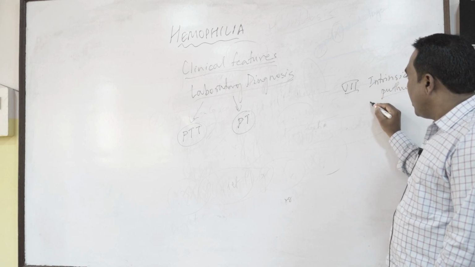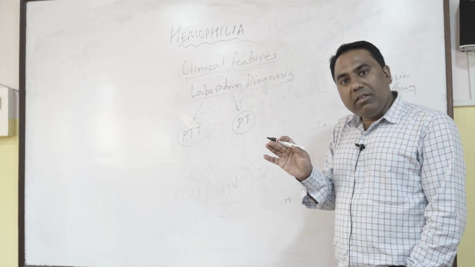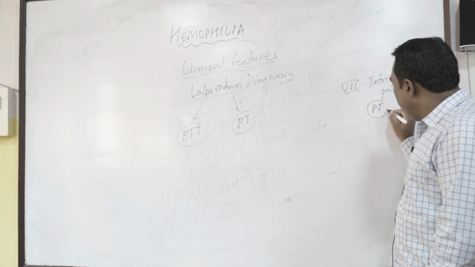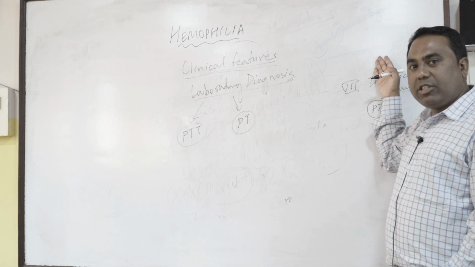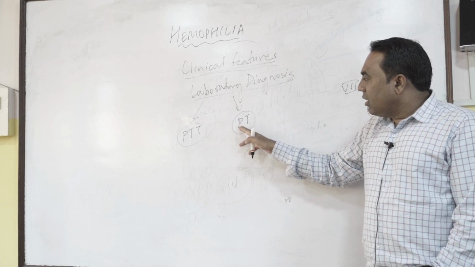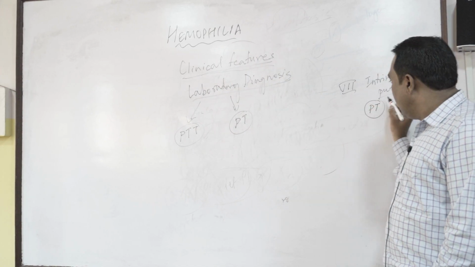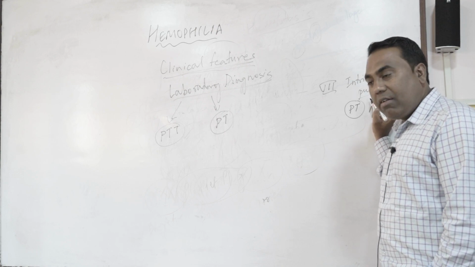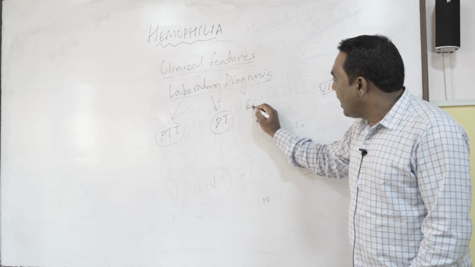Now if there is a problem in the intrinsic pathway of the coagulation cascade, then the prothrombin time is elevated, is increased. So if you go for laboratory diagnosis and we find that the level of PT has increased, that means there is a problem with the intrinsic pathway of the coagulation cascade. Now other than this intrinsic pathway, there is also the extrinsic